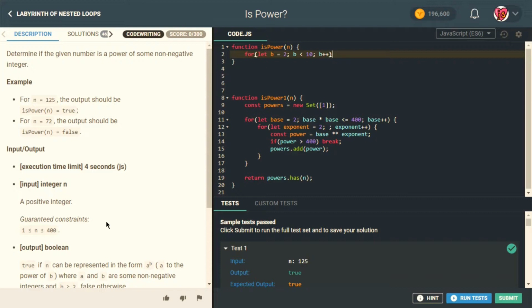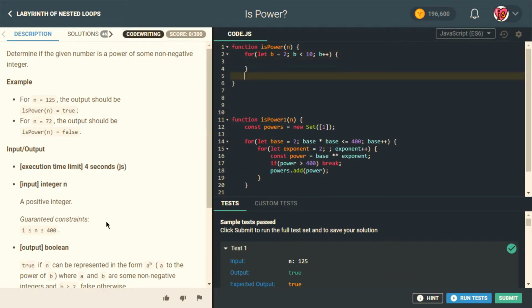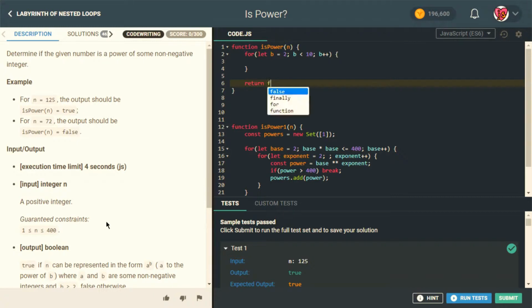Unless it's 1 to the power of 10, in which case we would already have found it. So we'll run through this loop, and if we don't find anything, we're going to return false at the end. If we do find something in the loop, we're going to return true right on the spot. We're not even going to wait till the end of the loop. We're just going to, boom, return it. Kind of like this one is just breaking right after it realizes none of these powers are going to be